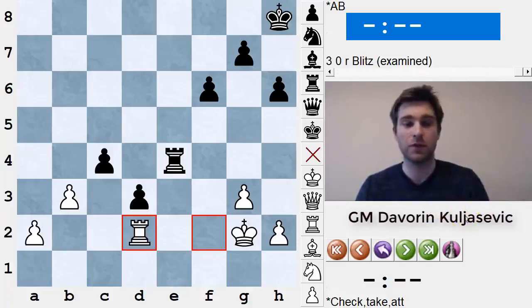Because a lot of people, they see a good move for themselves, or at least what seems to be a good move, and they just don't really consider what their opponent might play. And then they miss something for their opponent. So it is in these three steps, prophylactic thinking, candidate moves, and opponent's resources, that most elementary mistakes are made. Not that much in further calculation, like on move 2 or 3, but actually in these first three. So this will be the second point that we will stress in this course, these three calculation steps, initial calculation